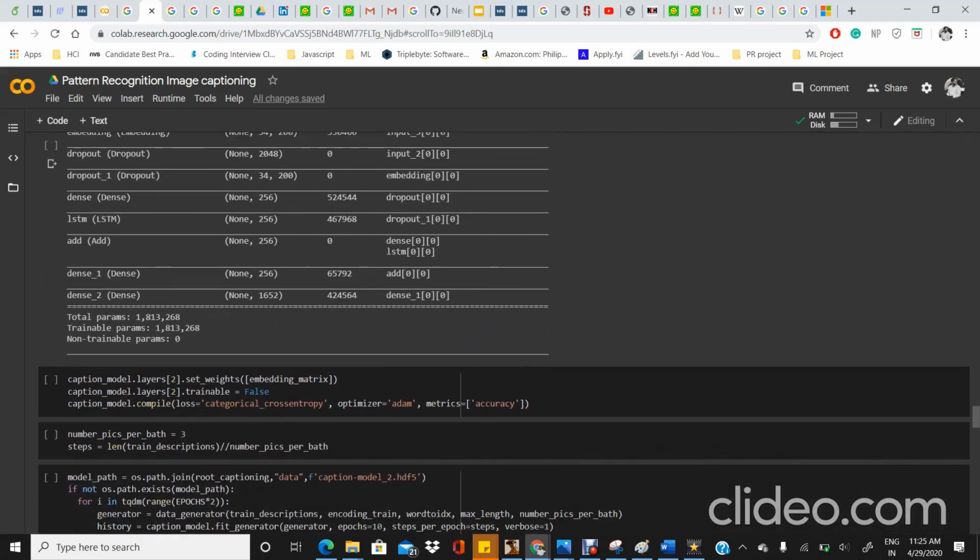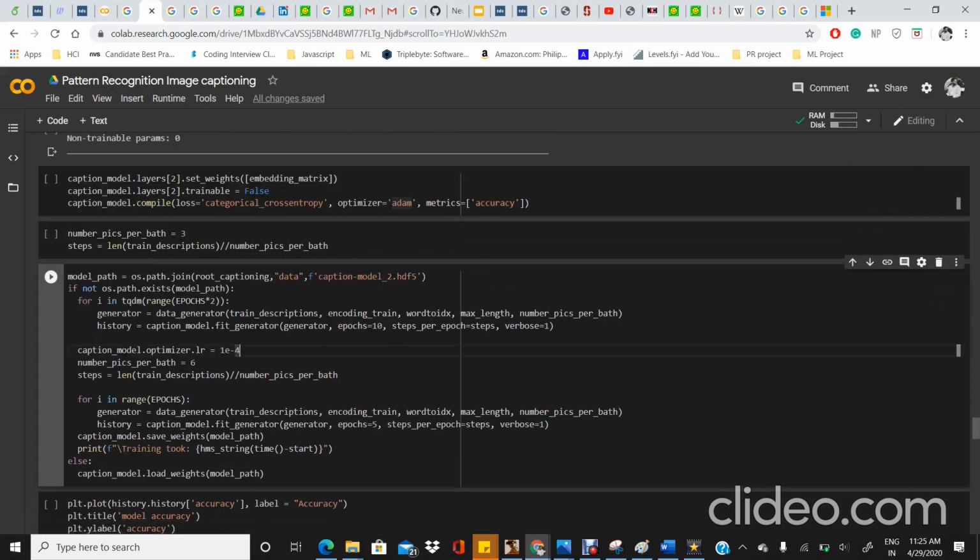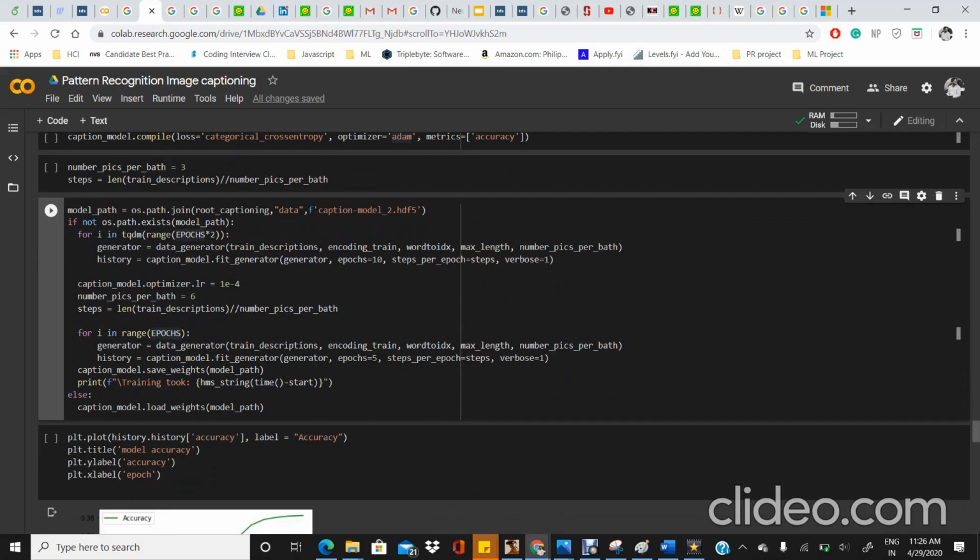We have used categorical cross entropy loss for our model, and we will be using the Adam optimizer in order to reduce this loss. In this code block, we will be training our model on the training data that we have. First, we iterate through twice the number of epochs for all the images for a specific learning rate, and we have changed the learning rate now and run for each of the epochs again. This has proved to be beneficial in our case, and we now store all the weights in this model path.